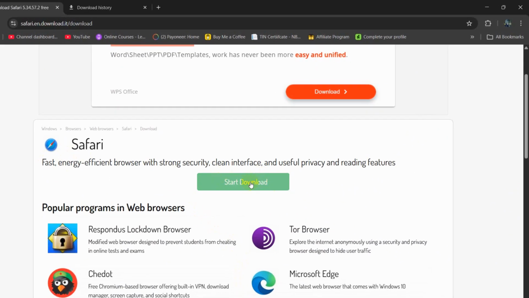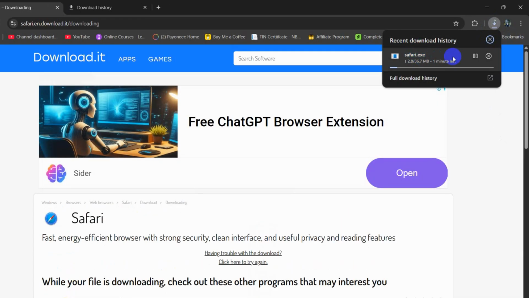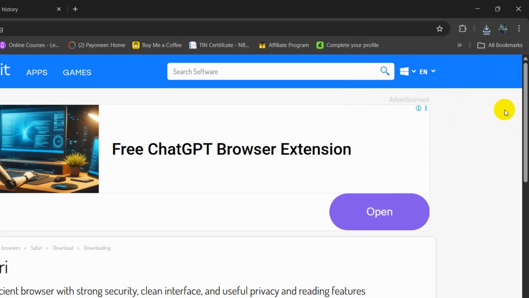and here you can see the start download option. So you need to click on start download and there you can see a download started over here. Here you can see safari.exe and there you can see the download is complete. When the download is complete, you just need to double click on this exe file